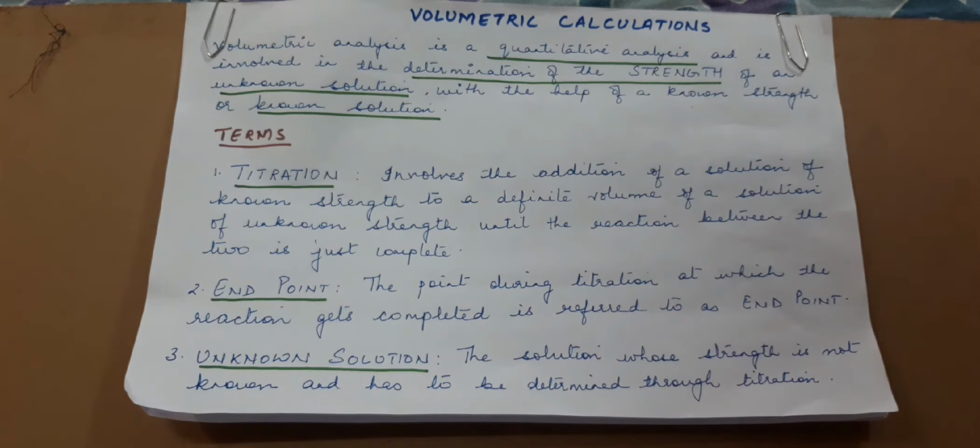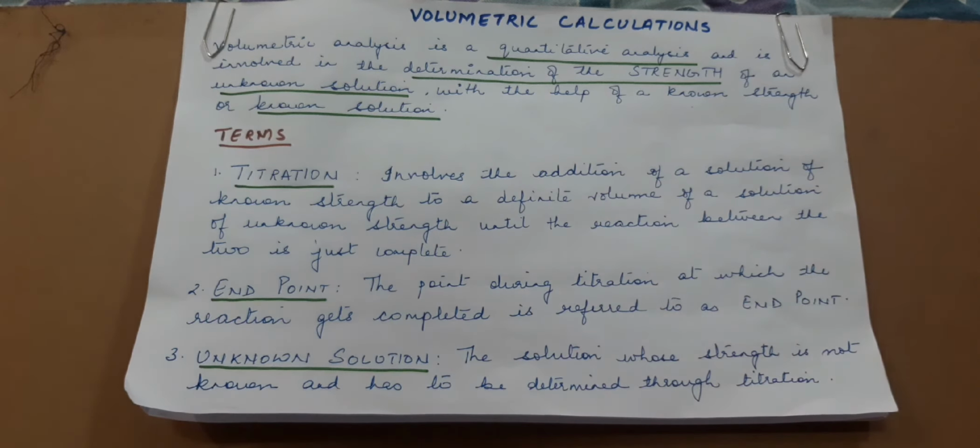Known means where I know the amount, I know the strength of that particular solution or concentration, how much of the solute is present in that particular amount of the solvent. I know that. Then that particular solution we say is a known solution. So determining the strength of an unknown with the help of a known solution, we say is volumetric analysis. And more often when you come for your practicals, you will come to know more about volumetric analysis when we do titrations, because most volumetric analysis is done in terms of titrations.